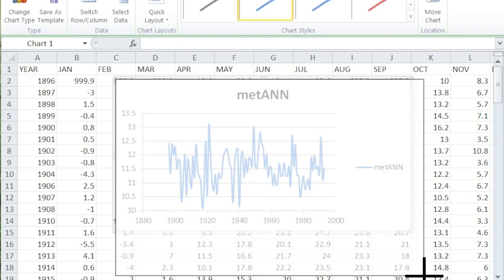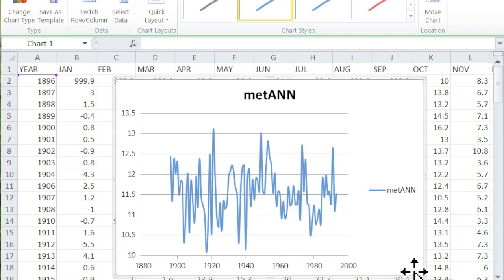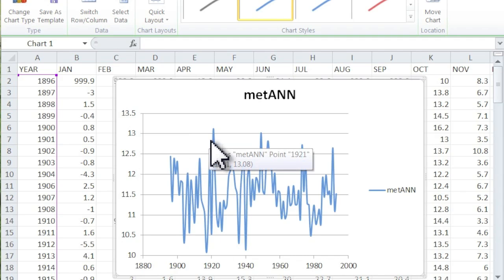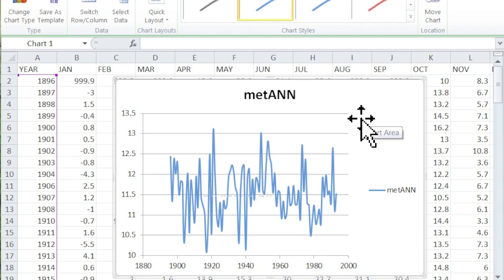We are able to zoom in, if you will, on the data. And we're seeing some of those rises and falls. Let's just double check. So we have a couple of low points at about 1918 and 1940. Let's see if that matched our website display. 1918, 1940. We have some peaks around 1920. And is that looking? That's exactly right. So we've been able to duplicate what the professionals did at the website by using Excel and analyzing the data,